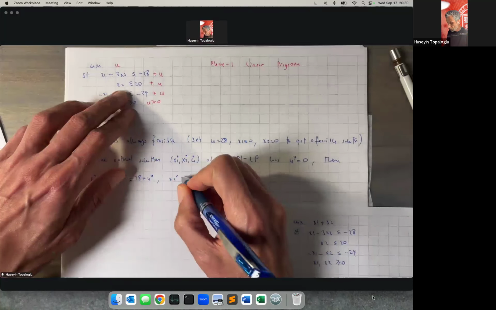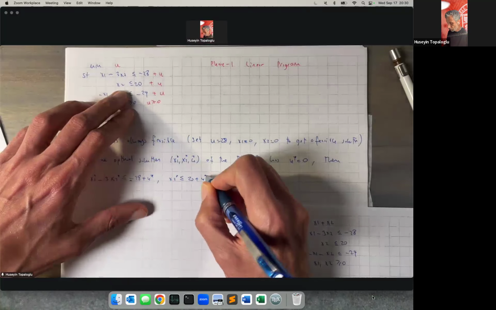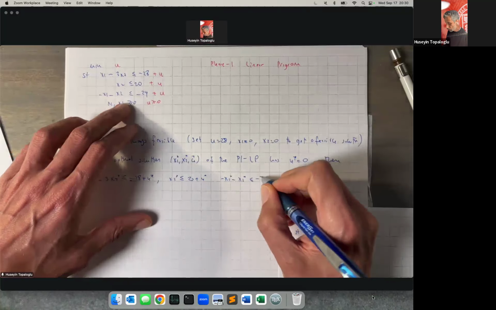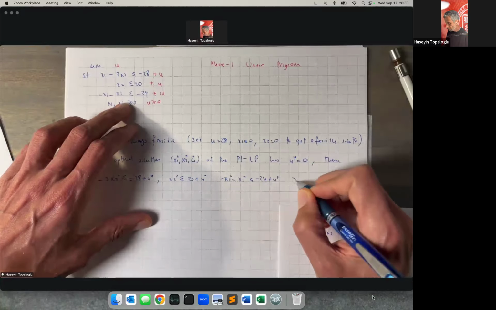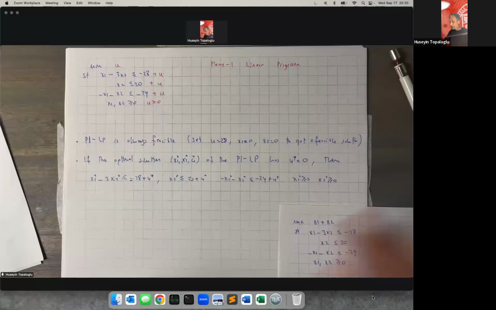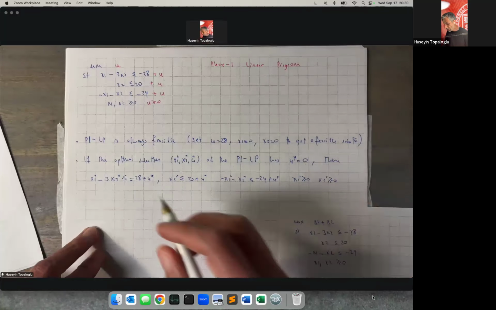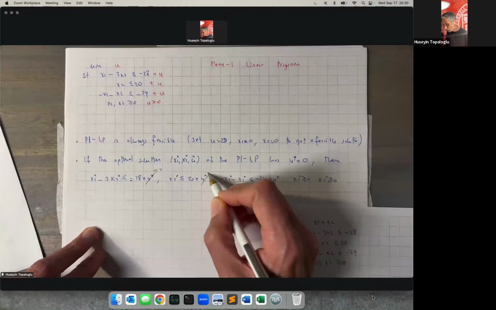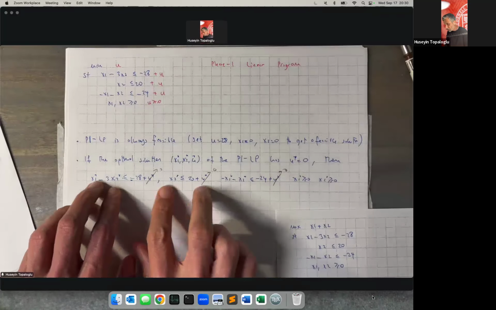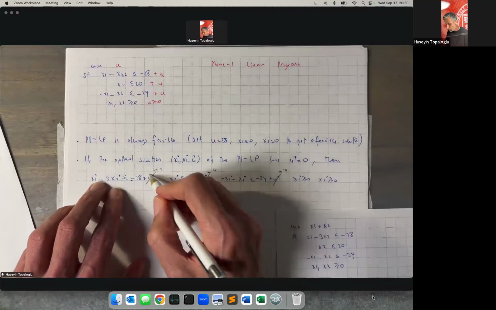x2 star is less than or equal to 20 plus u star. Minus x1 star minus x2 star is less than or equal to minus 24 plus u star. And x1 star is greater or equal to 0, x2 star is greater or equal to 0. If at the optimal solution to the phase 1 linear program, the decision variable u takes exactly the value 0, then the values of the x's are all zeros,